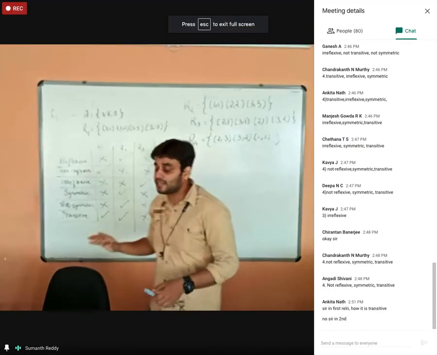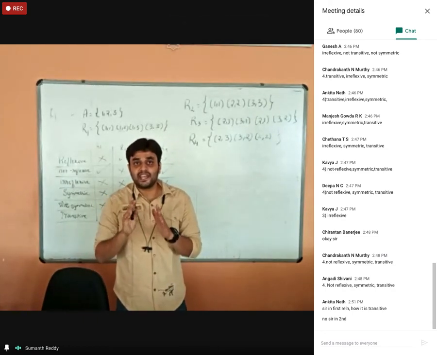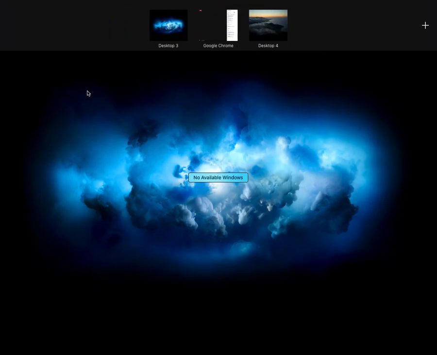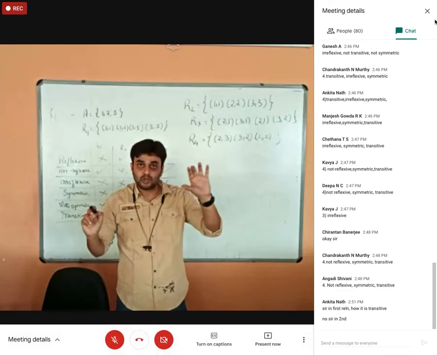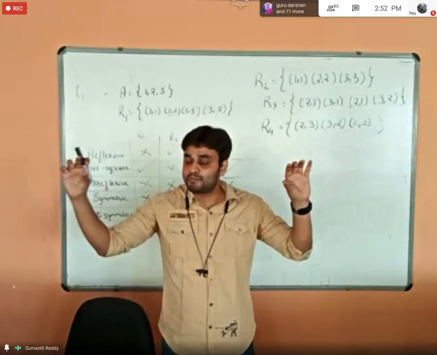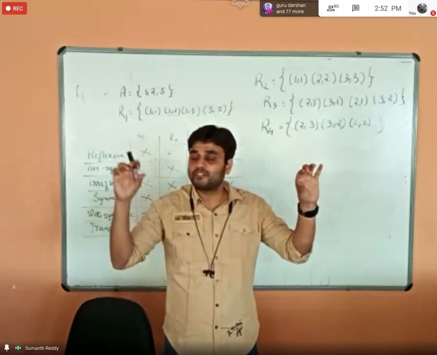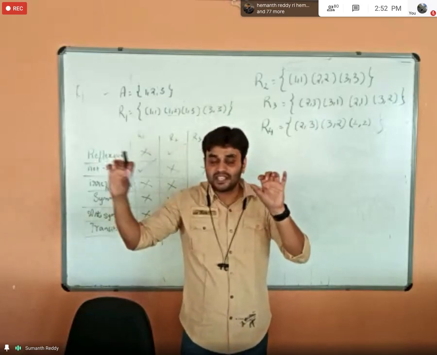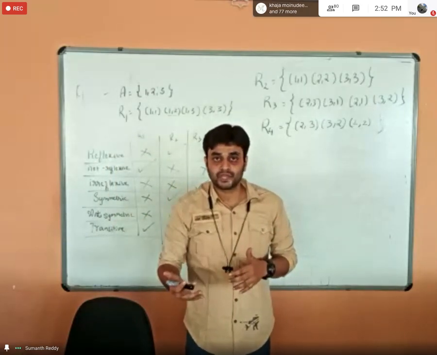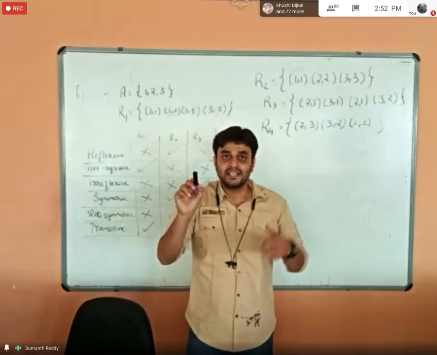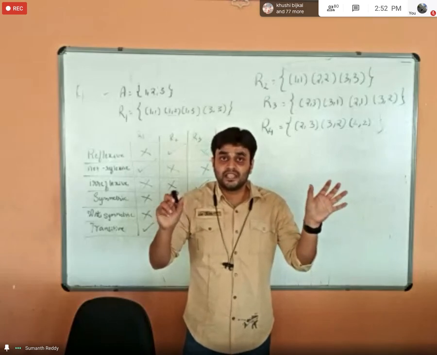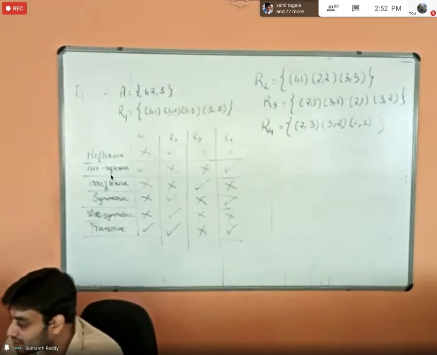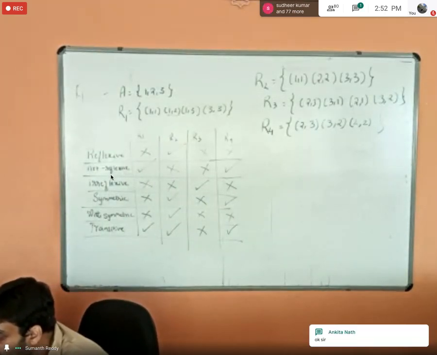transitive? As I have told you, Ankita, for a transitive relation, again I am telling you, if you have x related to y, y related to z, then x must be related to z. If you don't have x related to y and y related to z, you need not think about the conclusion. Only if the premises exist, then you have to think about the conclusion. If the premises itself don't exist, you need not think about the conclusion. And if the condition itself doesn't exist, then the law has not been broken. Okay, if x related to y, y related to z is there, then x related to z must be there. If premises are not there, you need not think about the conclusion. I think I made it clear, Ankita. Now have you understood? Okay, fine.